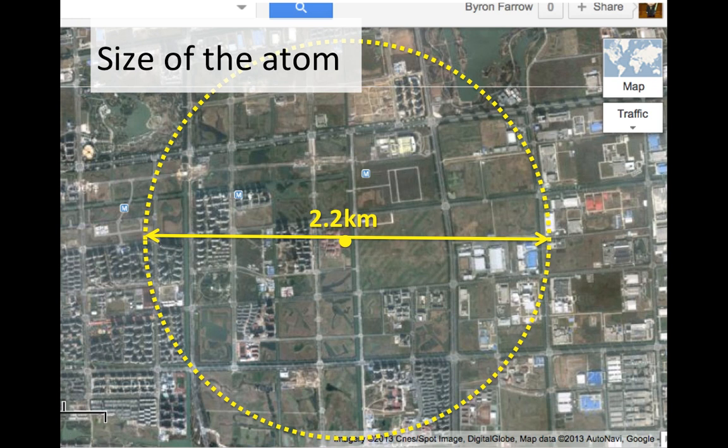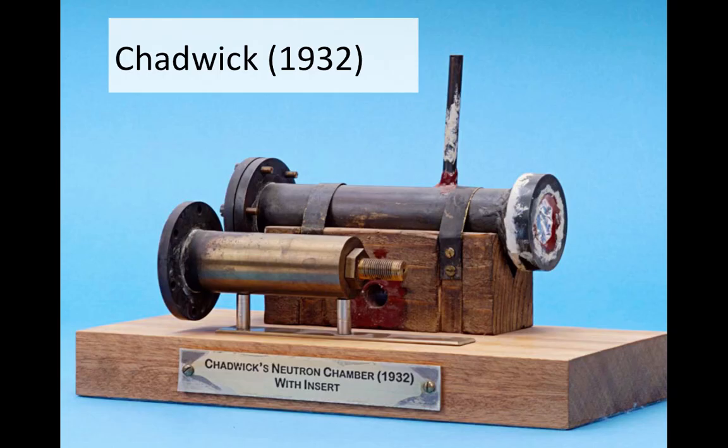So don't forget, our nucleus, where basically the entire mass of the atom is concentrated, is the football on the center spot of the football field, and our electrons, which by the way would have the mass and size of mosquitoes, are about 2.2 kilometers away, the atom being 2.2 kilometers in diameter. So the vast majority of an atom is empty space.